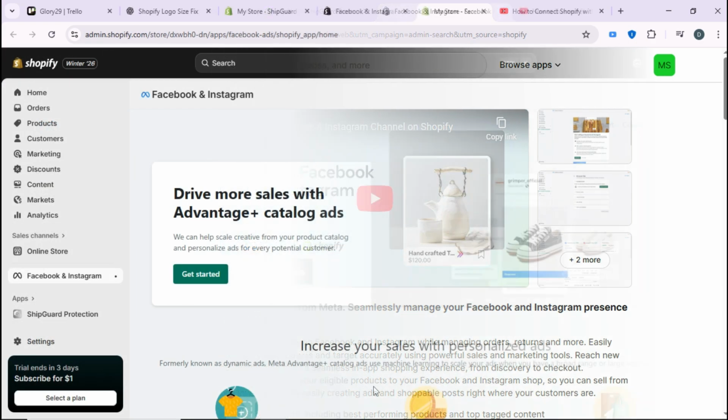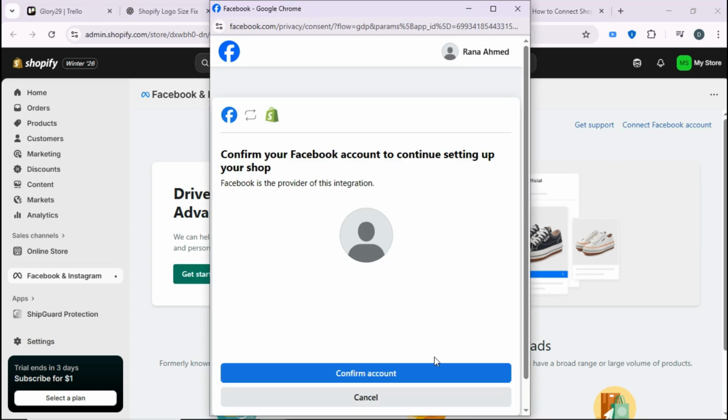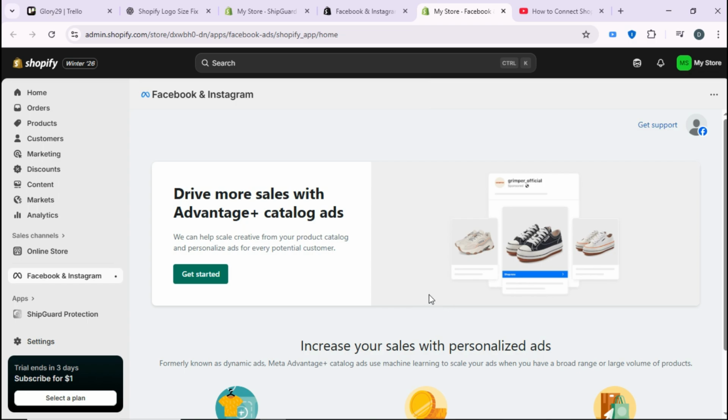Once you install the app, it will open directly inside your Shopify dashboard. From here, log in using your Facebook account that's connected to your business page. After that, you'll be guided through syncing your product catalog and choosing which assets, like pages and ad accounts, you want to connect. You should now be able to sync products automatically and start showcasing them on Instagram and Facebook